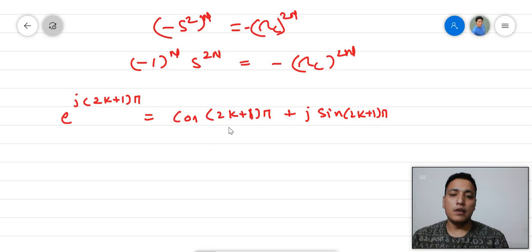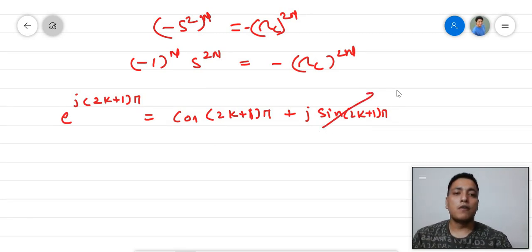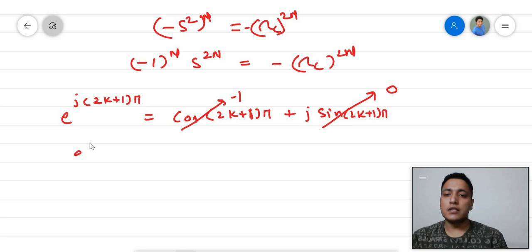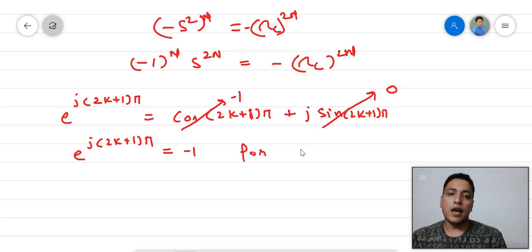Now for any value of k, if k is integer, sin 2k plus 1 pi will always be 0, and cos 2k plus 1 pi will always be minus 1. So that is exponential j 2k plus 1 pi will be equal to minus 1 for any integer